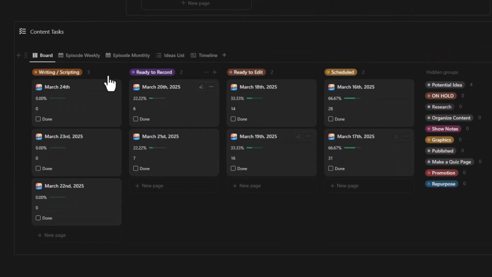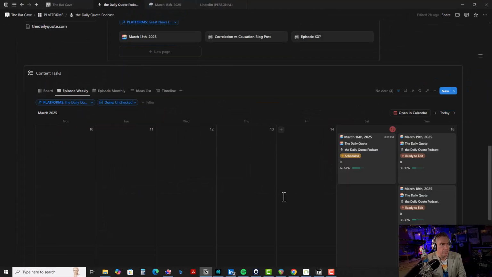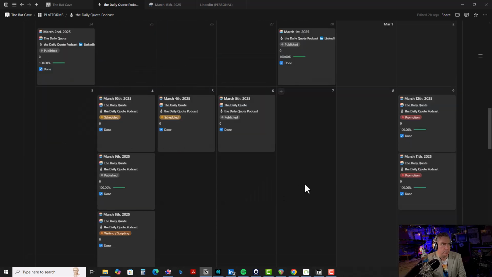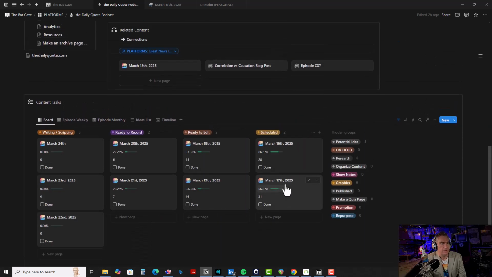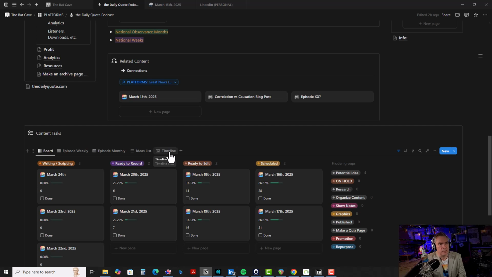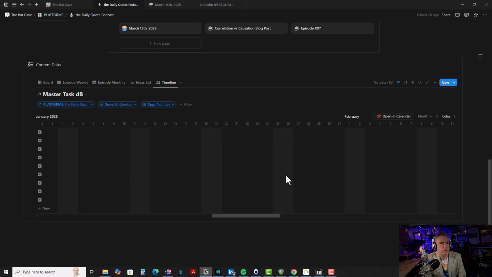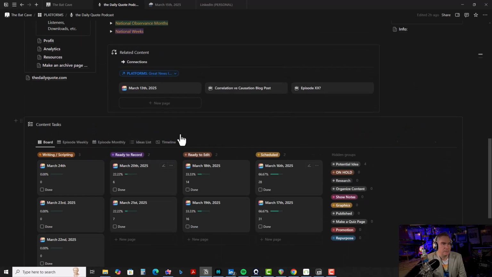So every day I'll see what tasks have to be done, and then I can just do them. And then I've got a weekly view and a monthly view if I want to look at it this way. There's a timeline view, but the timeline view is not very useful. I don't use it really for individual platform views, because when you're doing a timeline, you want to see everything. So if I go over to